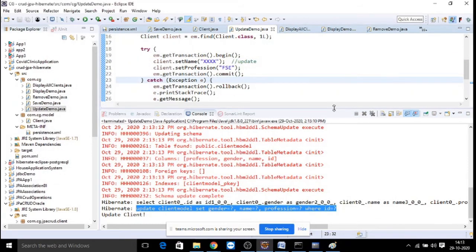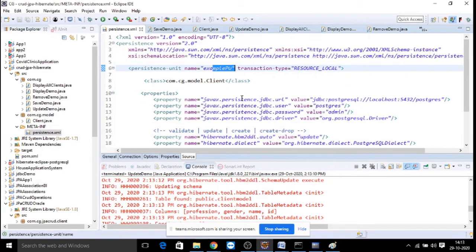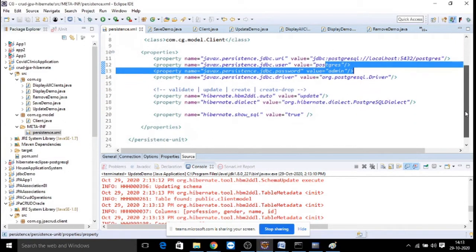So all of you look into this application first. Make sure that your persistence.xml is configured properly according to your configurations. Don't forget, whatever database name you are working with in your system, that name you give here. I am working on the default database called Postgres, so I have given this. If you create your own custom database, give that name and your own credentials. The rest of the properties remain the same. You don't need to make changes.